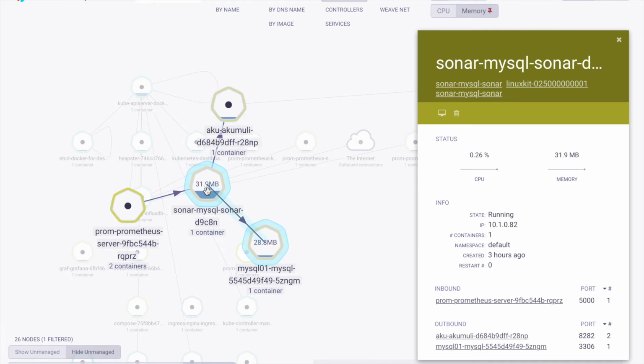So you see here is my sidecar. It gets data from MySQL, writes to Akumuli, and then the sidecar, when it's deployed, is automatically exposed to Prometheus. So you see Prometheus here. So far, so good. Now let's say I'm going to switch this to